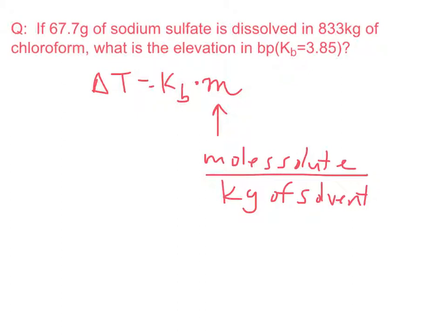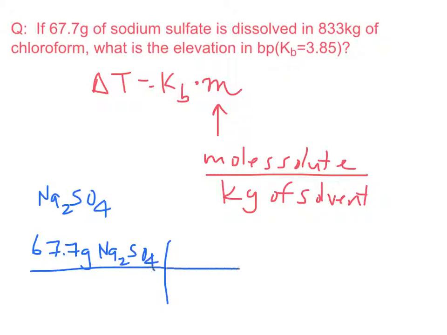So let's first figure out the moles of solute. Well, you're going to have to know that sodium sulfate is Na2SO4. And so if we have 67.7 grams of Na2SO4, we need to change that into moles. And we know that anytime we have moles over grams or grams over moles, that's called molar mass. And in molar mass, we always put a 1 next to mole, and we put the actual molar mass next to grams. In this case, we have 2 sodiums